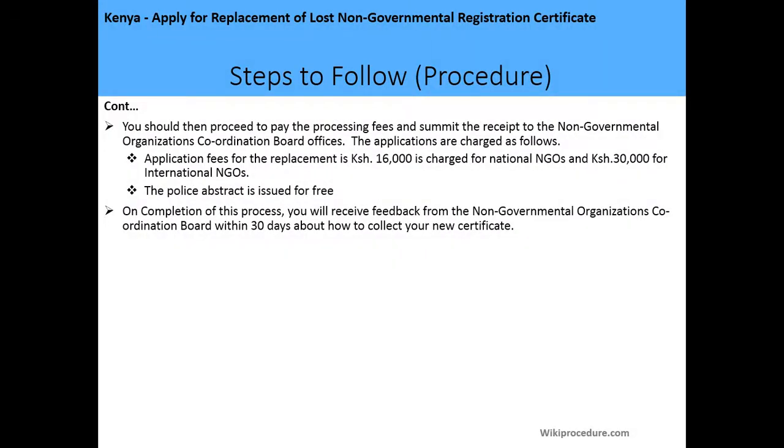After this, you should then proceed to pay the processing fees and submit the receipt to the Non-Governmental Organization Coordination Board, and the application fees are as follows. The application for replacement, 16,000 shillings is charged for national or local NGOs, and 30,000 shillings is charged for the international NGOs. The police abstract is issued for free, and on completion of this process, you